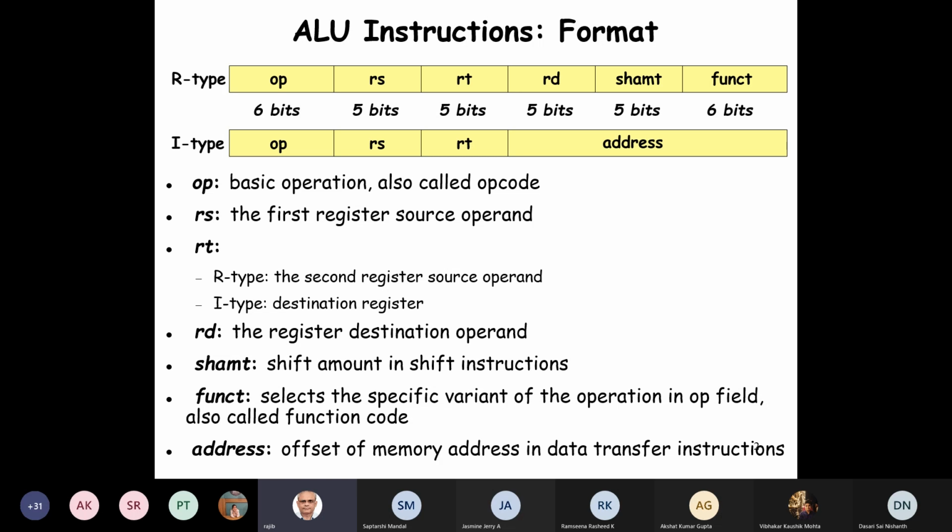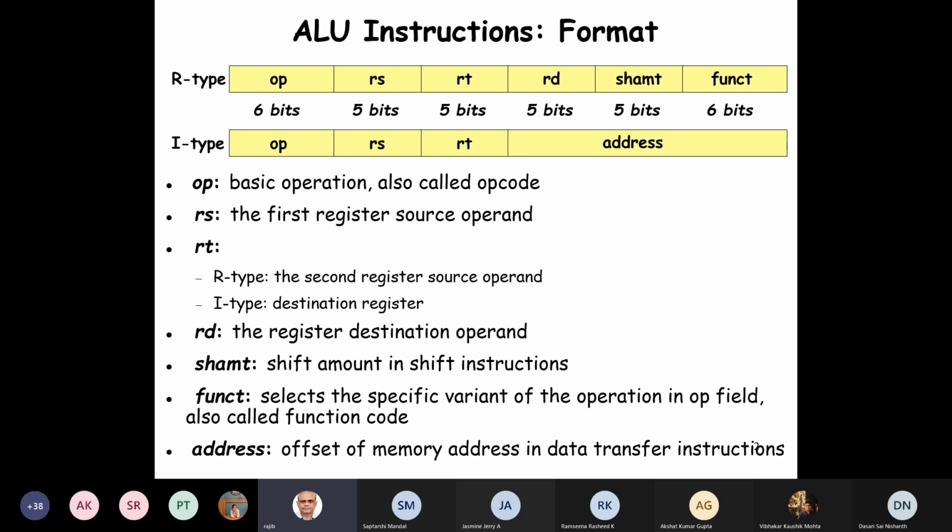We were trying to understand how the different instruction types are stored in the processor. The register type instruction, as shown here, has the opcode of 6 bits. Then we have two source operands, 5 bits each because of the 32 registers, and the destination operand, 5 bits. And there is a function field of 6 bits, so there are variants of each operation, like add and subtract are variants. And there is a shift amount for shift type of instruction, logical shift.